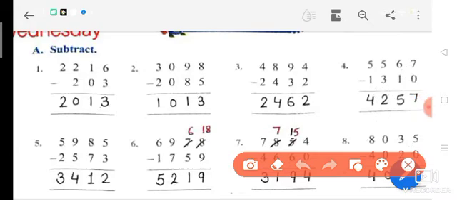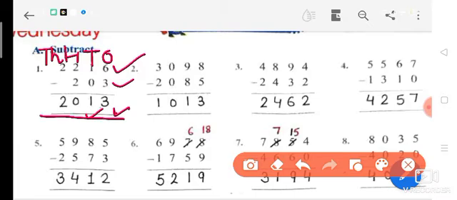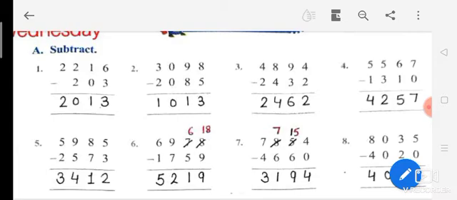2216. So it is ones place. Okay, tens, hundreds, and this one is thousand. 4-digit number is here 2216, and 203 you have to subtract. So simple way, up one digit is bigger, like 6 is bigger than 3. So simply direct we can subtract. 6 minus 3 is 3. 1 minus 0 is 1. 2 minus 2 is 0 and 2 as it is. So answer is 2013. Clear? Come to next one.